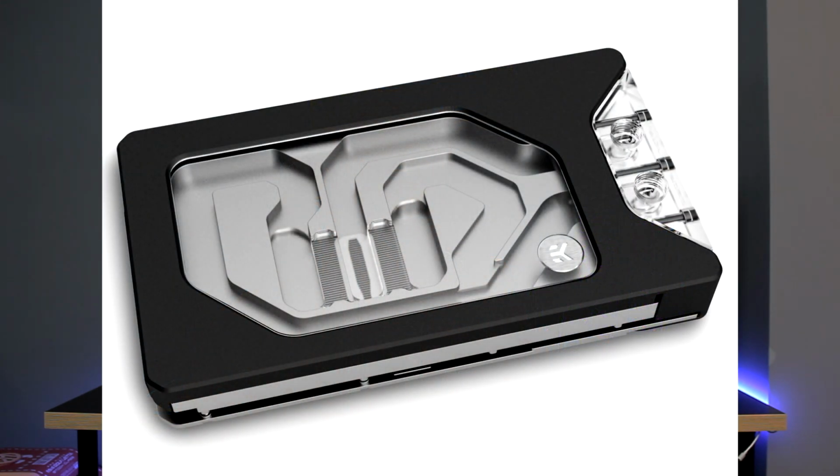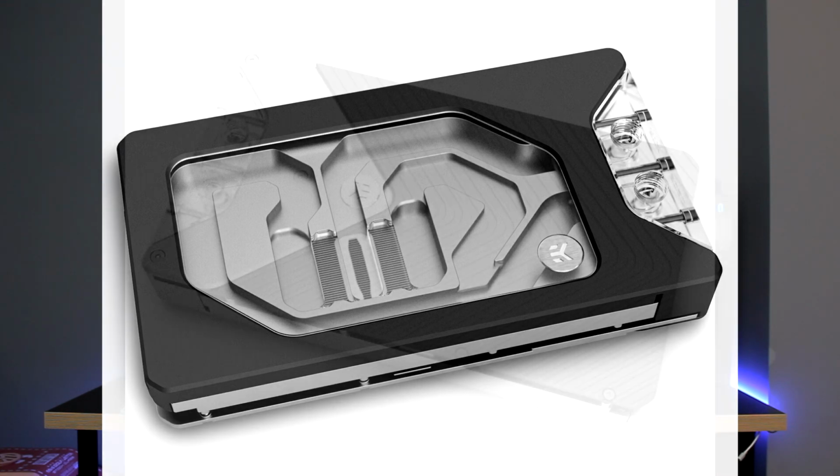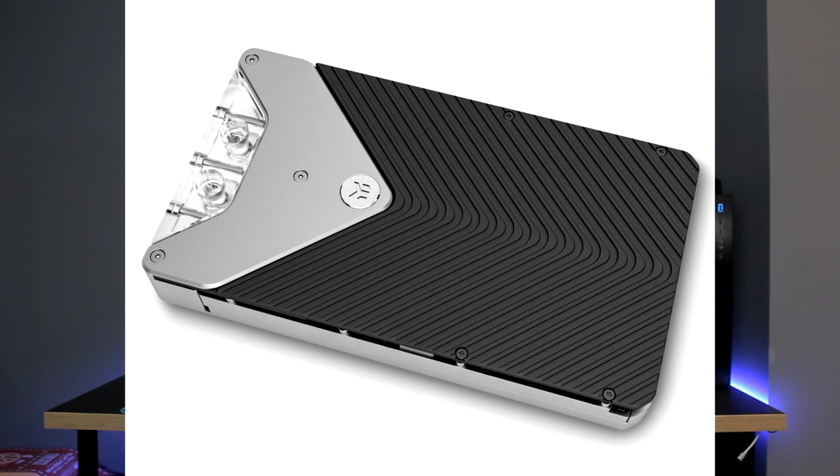So what they did is they moved the fittings from the top of the card to the back side of the card, or the tail end of the card, which then puts the inlet and the outlet on the end of the card, and the power is still at the top, which is fine. But because the Founders Edition has a fairly short PCB, it makes the card really compact once you take the large stock cooler off. They also increased the cold plate fin array up to 30%, giving it more cooling capacity,